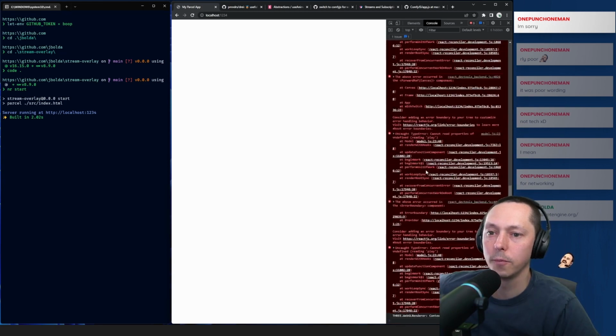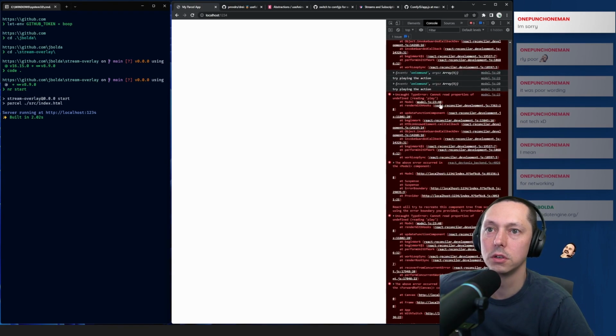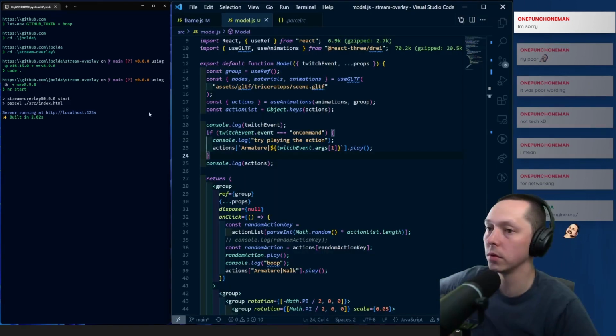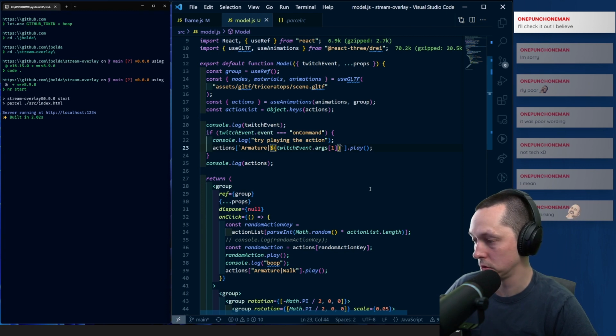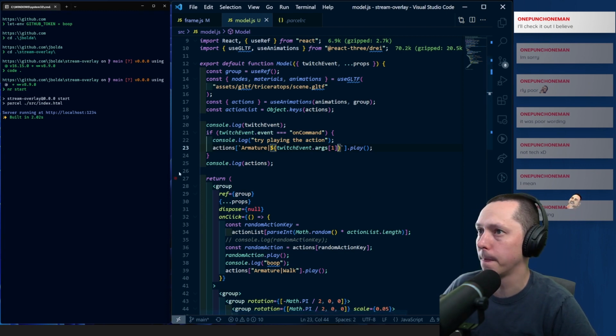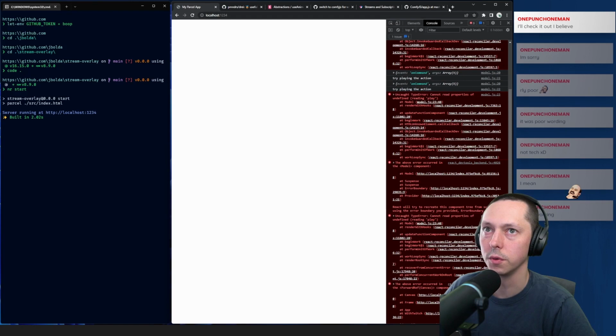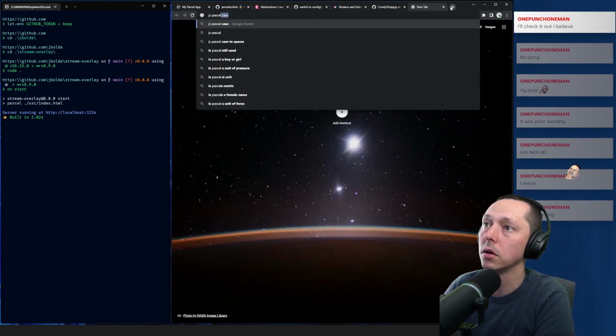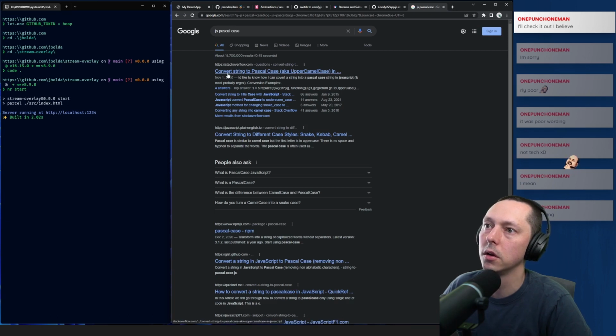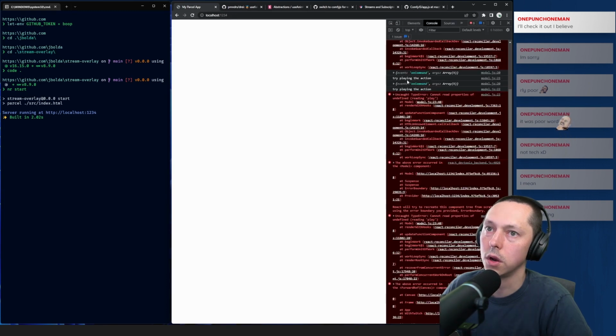Okay, so we've got failures, and it's trying to do play on one of these actions that doesn't exist. Is there an easy way to do a Pascal case in JS? Probably not. I don't know that there's going to be an easy way.